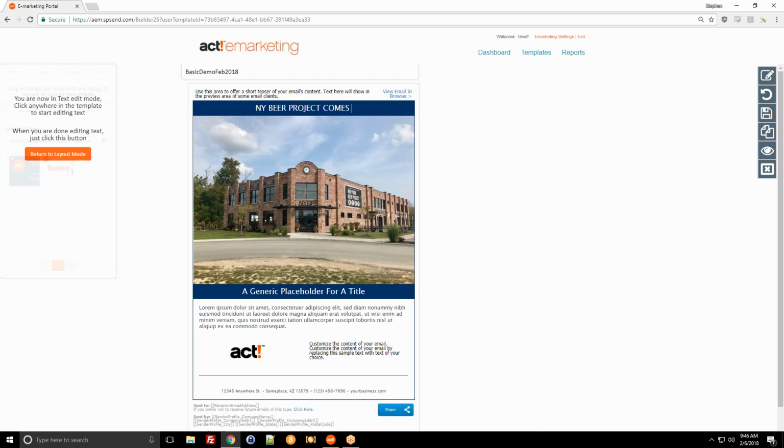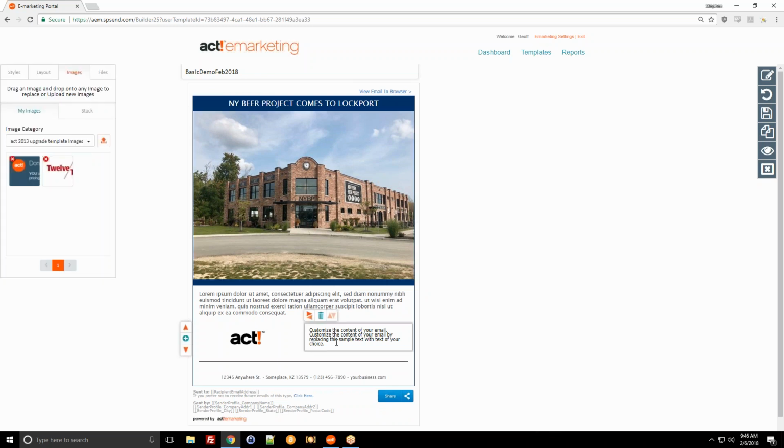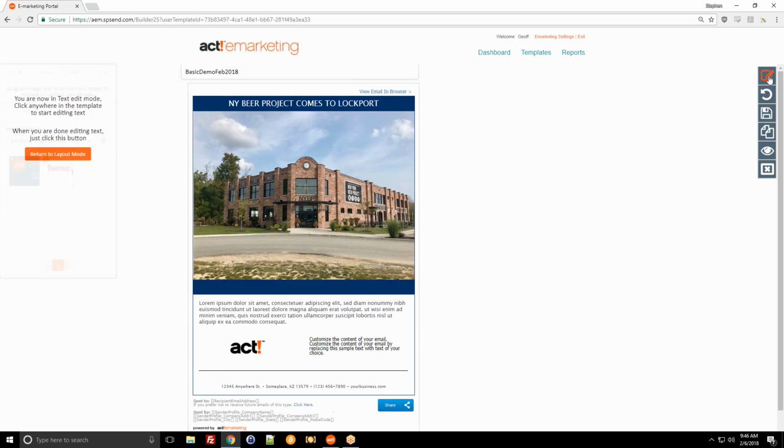So I can edit this template and call this, I don't know, I probably should have come up with a template design before I started doing this, but we'll call it New York Beer Project Comes to Lockport, because I happen to use a picture of the New York Beer Project, built by one of my customers' construction agency. And then maybe on this second bar, I don't actually want to write anything. I just want that to be a blank bar because it kind of frames the picture nicely. Also up top was a spot for